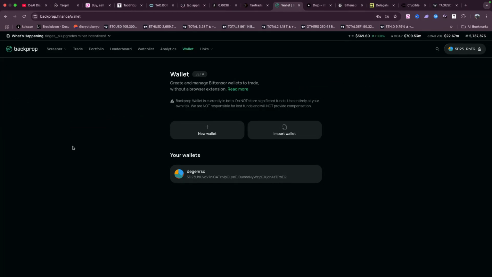The only thing that I would like for them to do, and guys, quick feedback, TensorPlex team, please add a bridge so we can easily move funds from any chain to the BitTensor substrate. Okay, guys, so this is another one. Then we move to